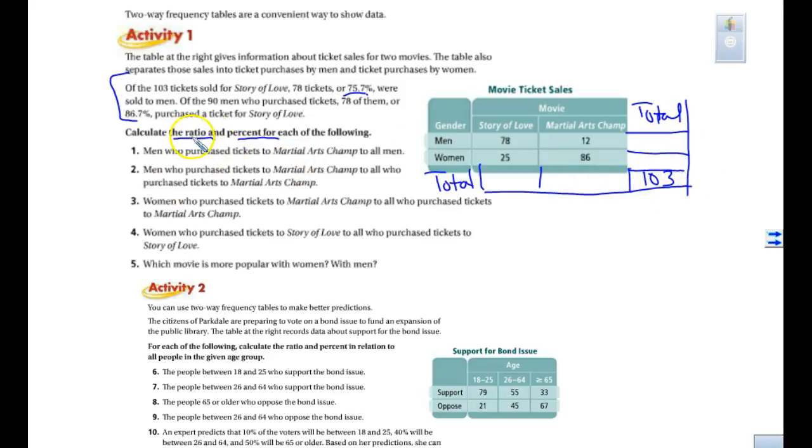You're going to write it first as a ratio, then a percent. This one says the ones that pick this, to all that purchase tickets. You have to make sure you show me what you're dividing by. I don't want just the percentage. I want you to show me how you computed it. And again, this will not be due until